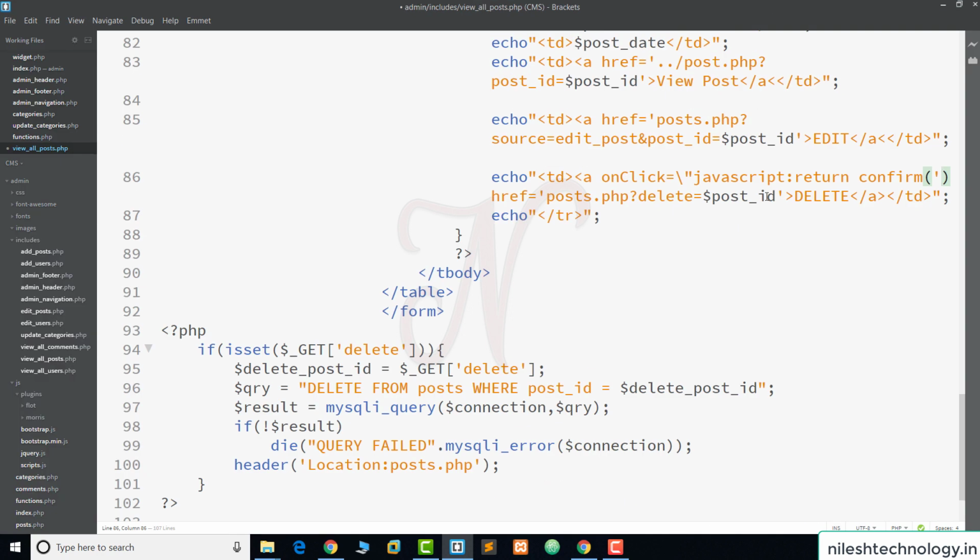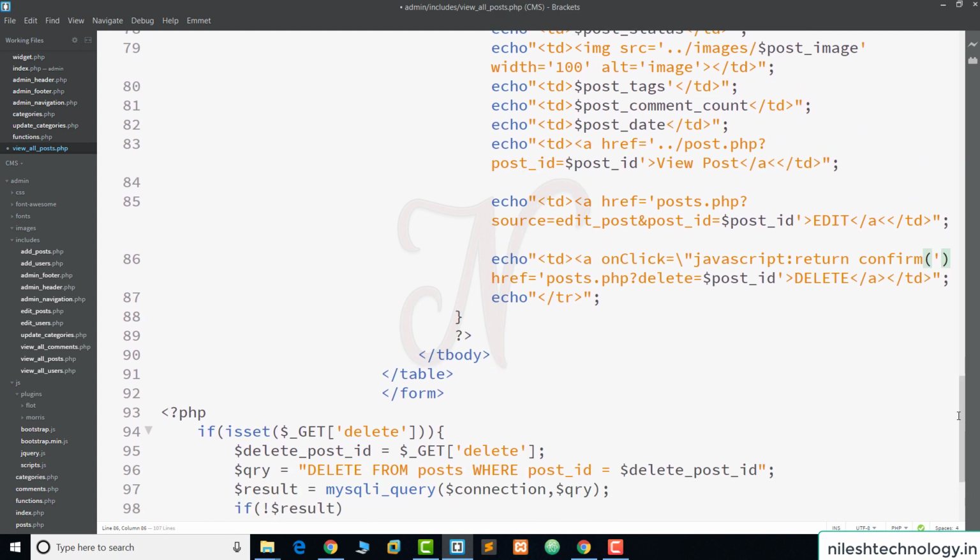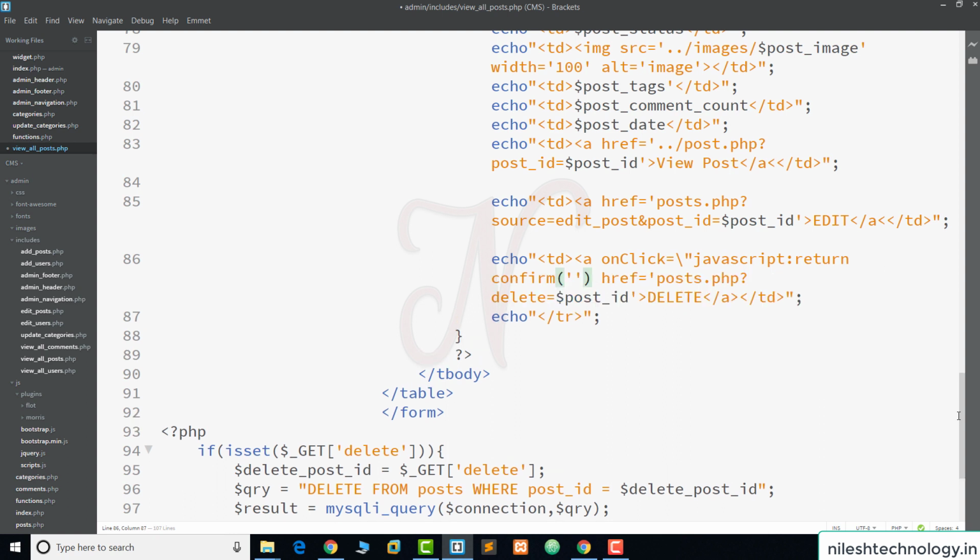We maximize this window so you can see better. In the confirm function, this is one single quote and semicolon, and again slash double quote. Here we pass the message, are you sure to delete?